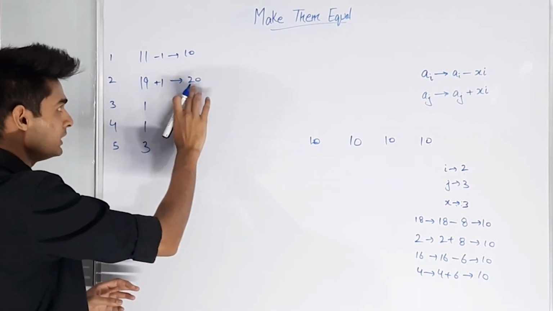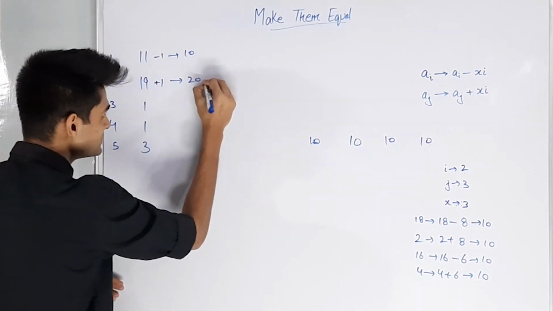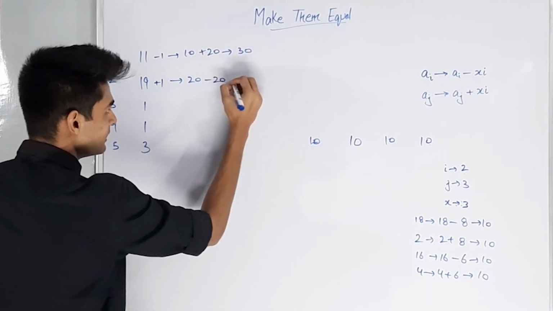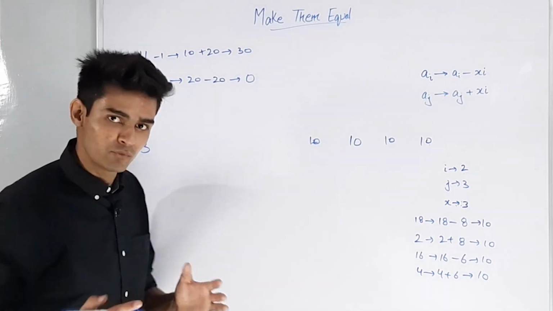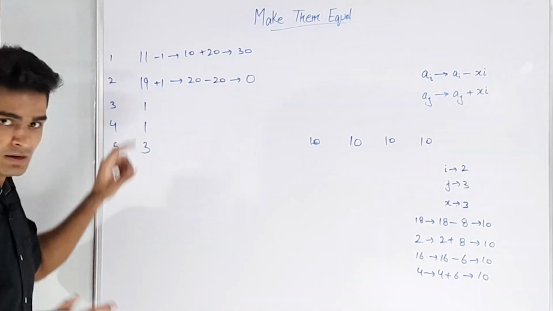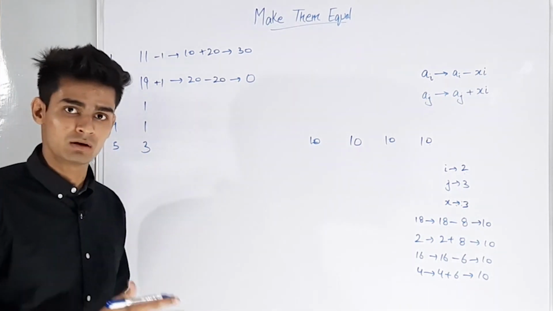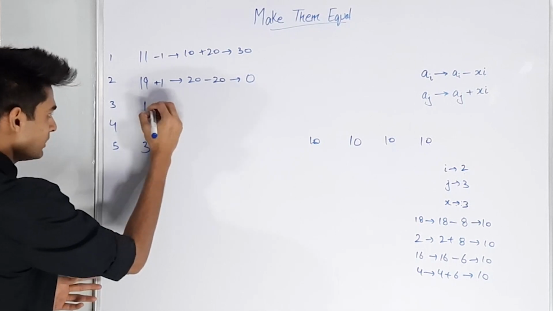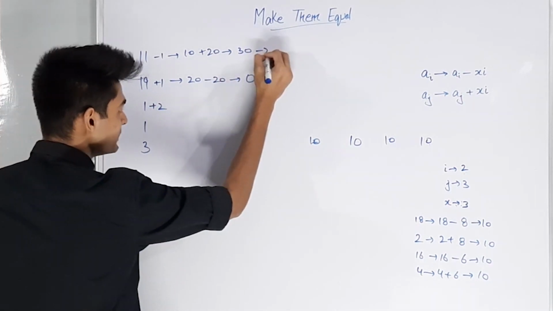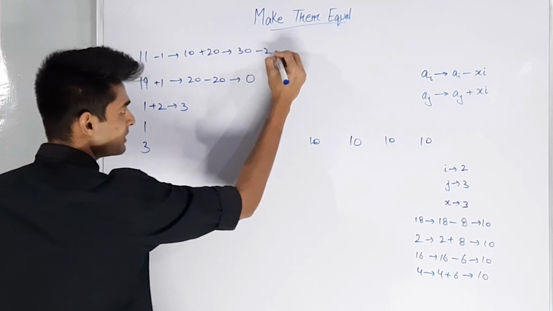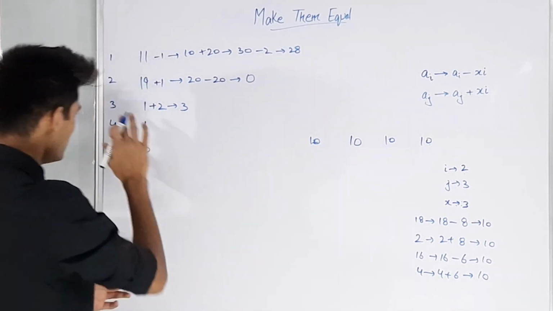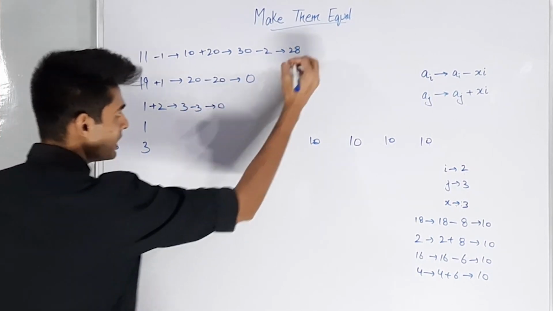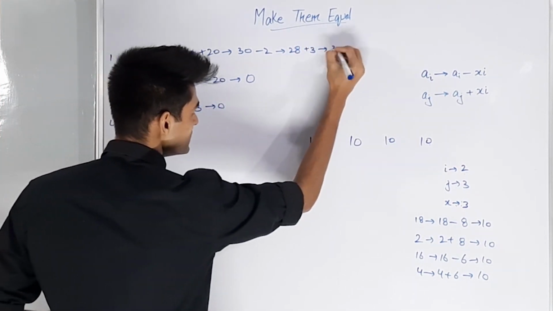Now we remove this 20 and add it to index 1. So this becomes minus 20 and we add plus 20 here. So this becomes 30 and this becomes 0. Similarly, when we are at index 3, we have 1, and in order to make this 0, we first have to make it a multiple of 3. For doing that, we first have to add 2. So we make this 1 plus 2 and we remove this 2 from index 1. So this becomes 3 and this becomes 28. And now since this is a multiple of 3, we remove 3. Therefore this becomes 0 and we add 3 to index 1, and this becomes 31.